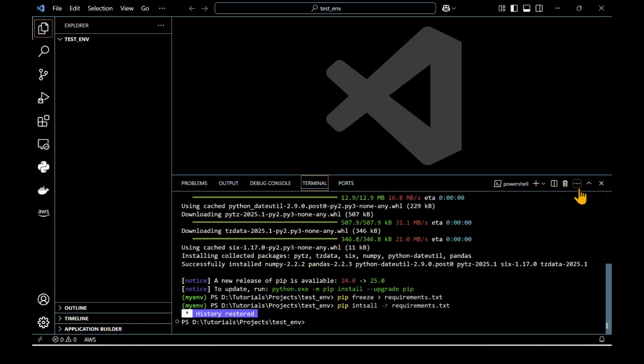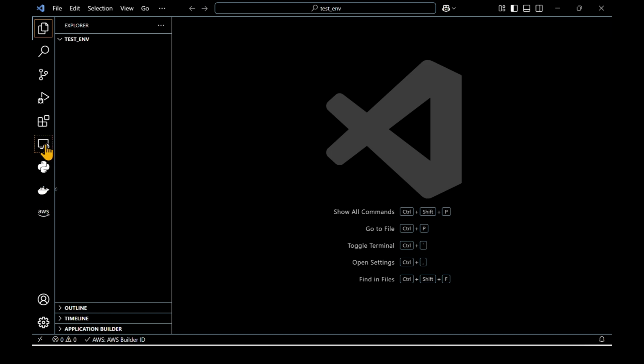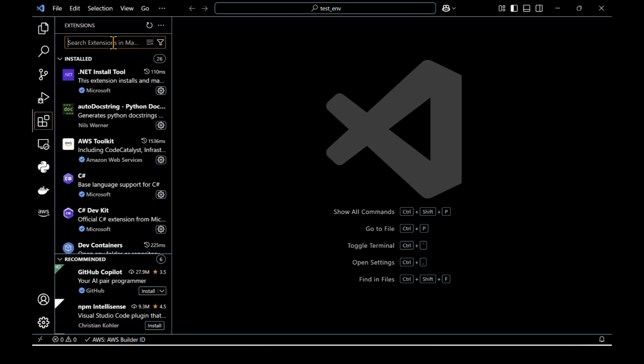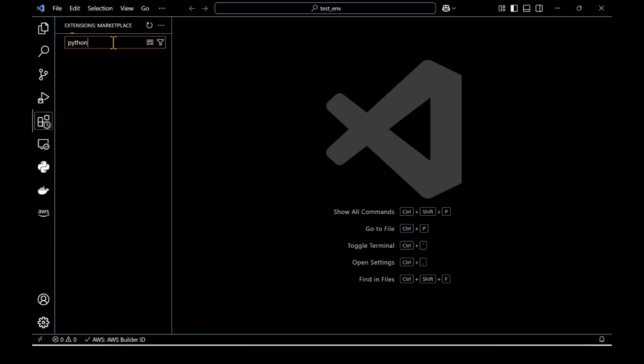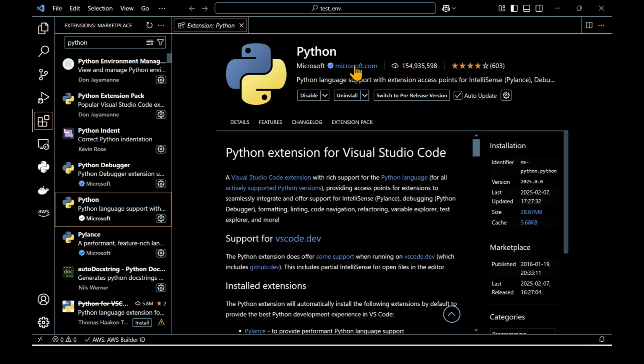Then later on, before going to settings, we have to install the Python extension for this VS Code. Just type Python and install this particular extension. I've already installed it, so I'm not getting the button to install it. If you haven't installed it, you will get the button to install. Just go ahead and install. After installing this,